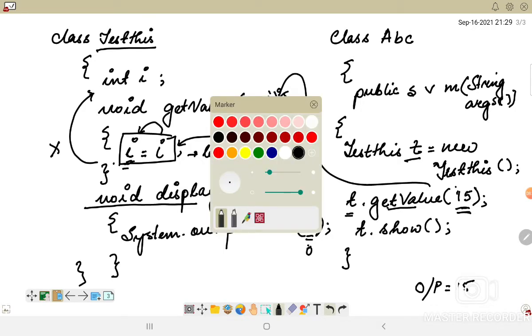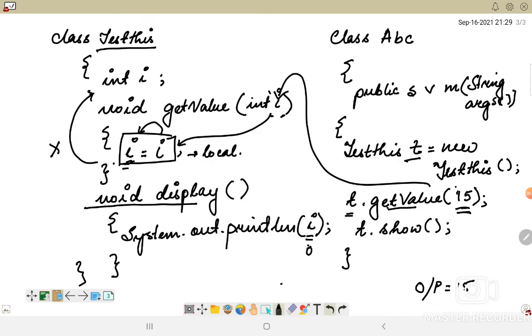Okay, so this I will now be initialized to its default value, which is 0. Alright, so when I am executing this program, my output will become I is equal to 0, because the I which I am using here is now no longer pointing to the I which is actually the instance variable. It will simply become a local variable, and its functionality will get over within this particular method.